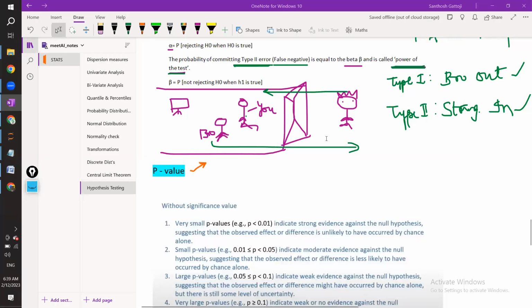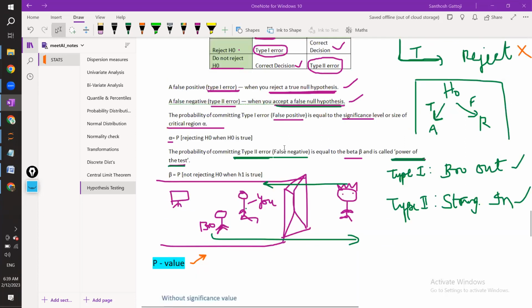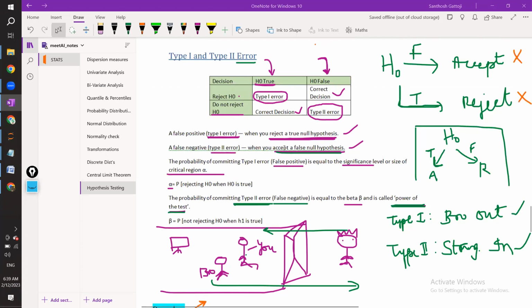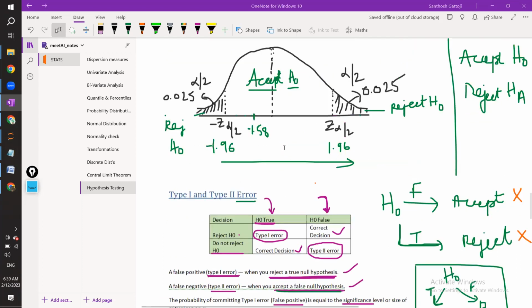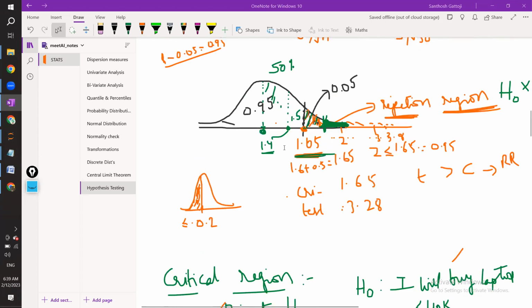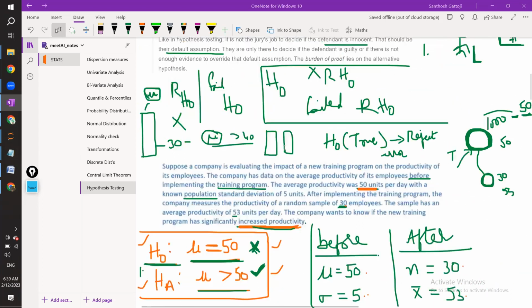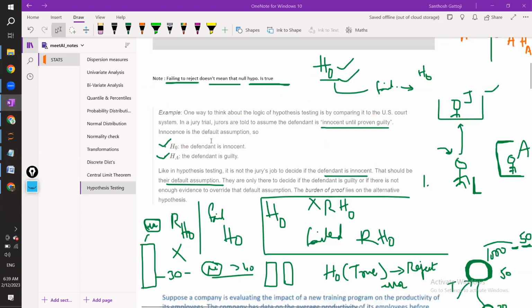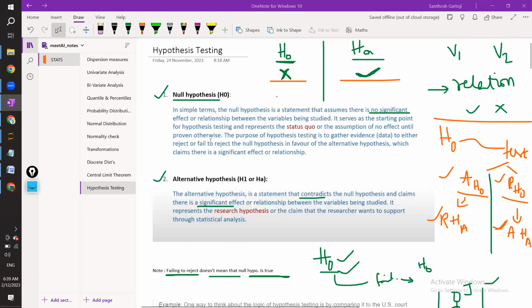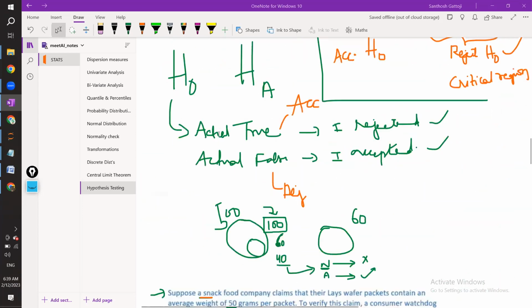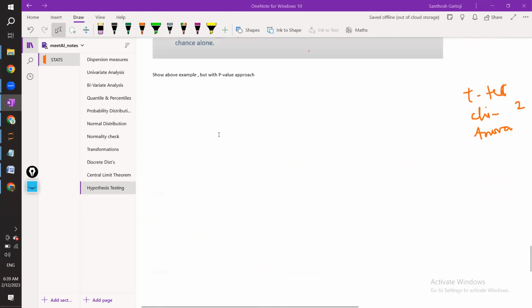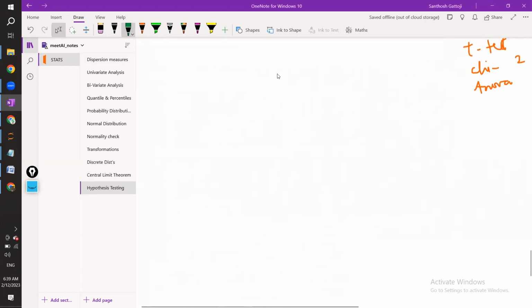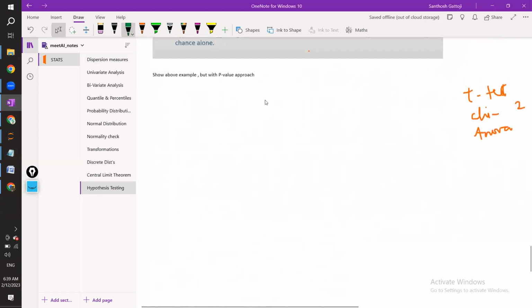Okay, let's start, guys. So yesterday we have seen type 1, type 2 error. But before that, what we have seen was one way of accepting or rejecting the null hypothesis, or simply we can say hypothesis testing. Fine. So now, actually, if you see hypothesis testing